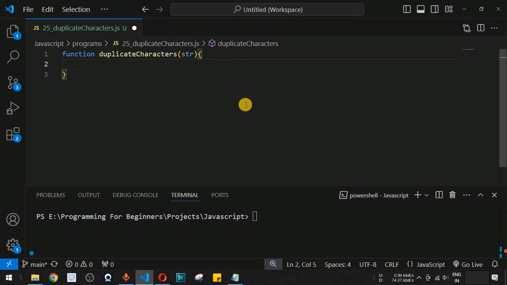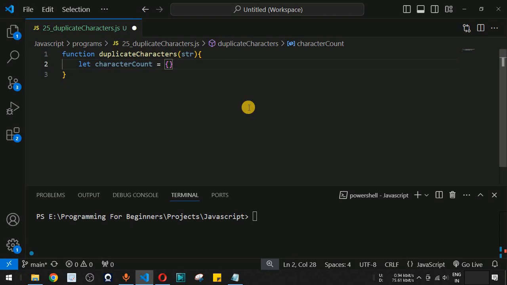Now guys, the logic in order to find the duplicate characters is to use the map. So guys, over here let us initialize a map variable. So basically we are going to say character count over here. So let me just name it properly, that is character count. It is equal to, and in order to initialize a map in JavaScript, simply we can use the open and close curly braces. So guys, over here this is the map object that we are going to create, and it is going to have the key value pairs inside this particular map variable.